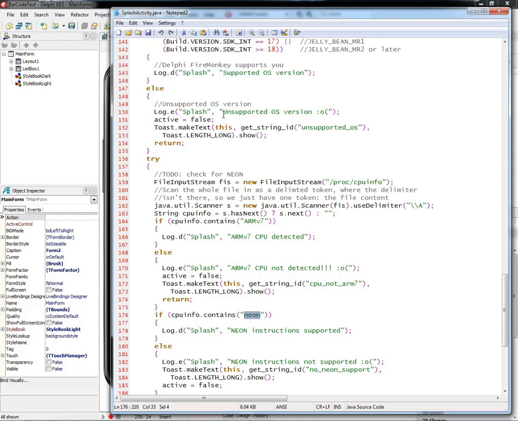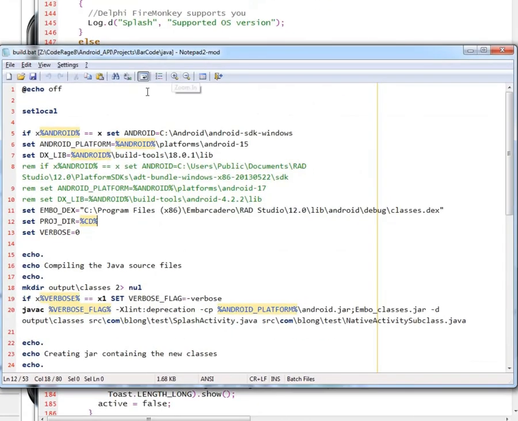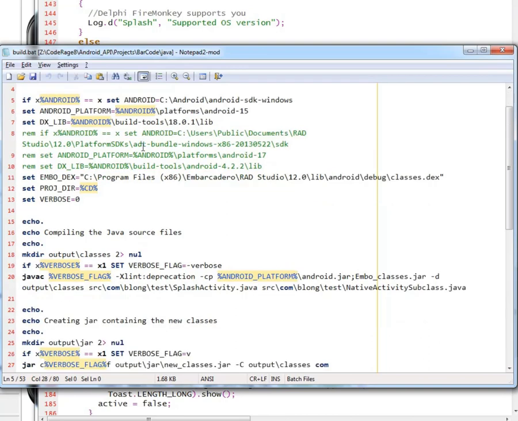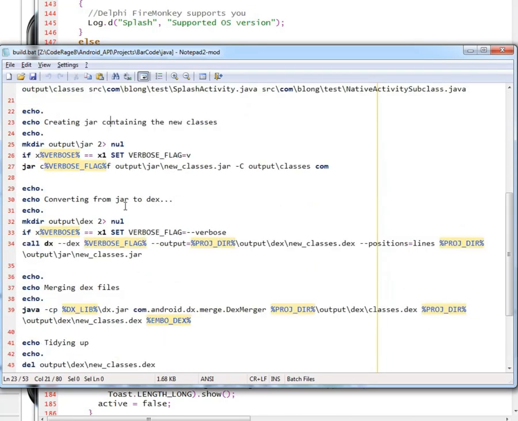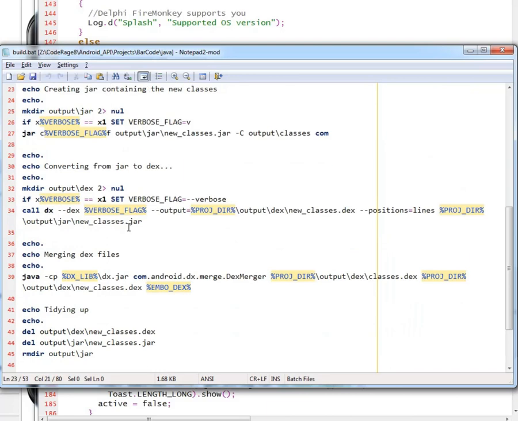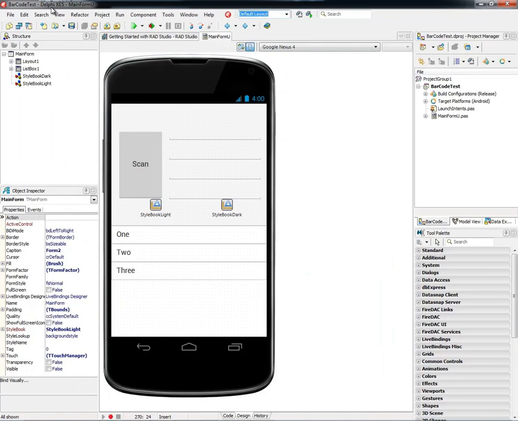Now, all of those steps do require some functionality to be executed, and what I've also crafted is a little batch file which is operated via a bunch of variables and goes through invoking the compilation, the jar file creation, the DEX conversion, and the DEX merging. Now, again, the details you can check in the batch file at some later point, but just to make sure that we can see things in operation, the next step, once we've got a modified classes.dex file, is to go